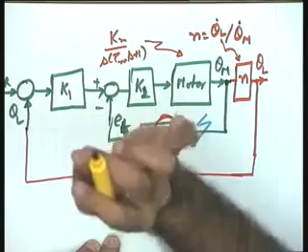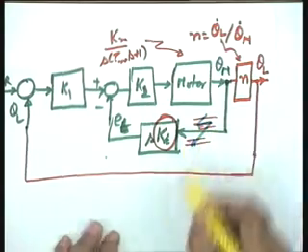The only difference between back EMF KB and KT is this, that the back EMF KB is beyond your control. Once the motor is selected, you cannot change the value of KB. But KT signal is in your control, because once the motor is selected, the selection of a tacho generator is in your hand, and therefore the signal KT can be controlled. But you should please note that in this particular block diagram, KT serves the same purpose as KB, the only difference being that KB is not in your control once the actuator has been selected, while KT is in your control because the feedback measurement device you can appropriately select. Okay? So it also provides damping.